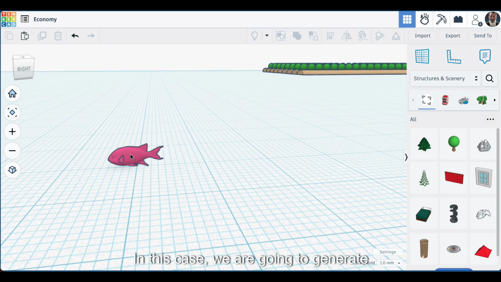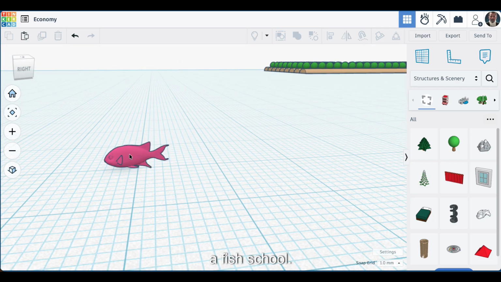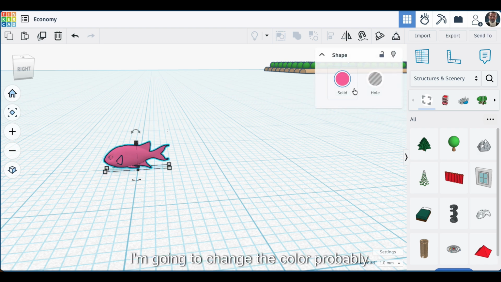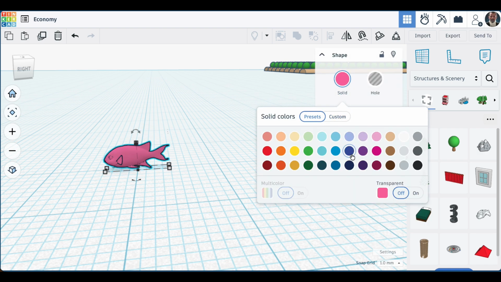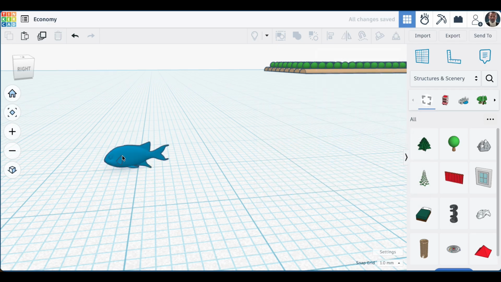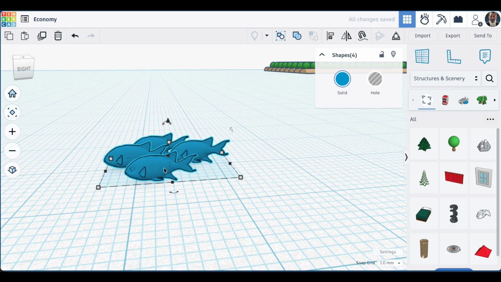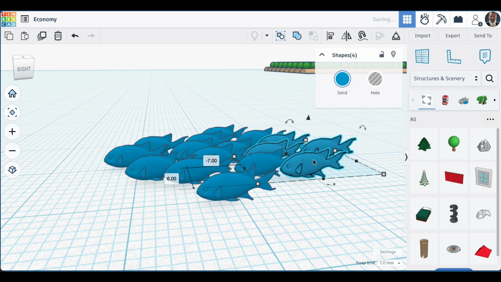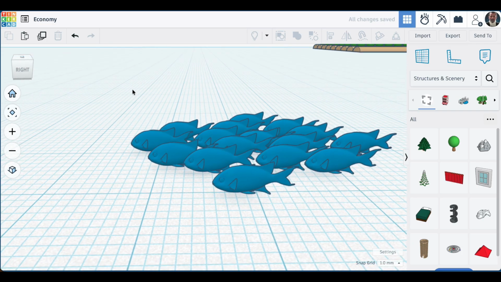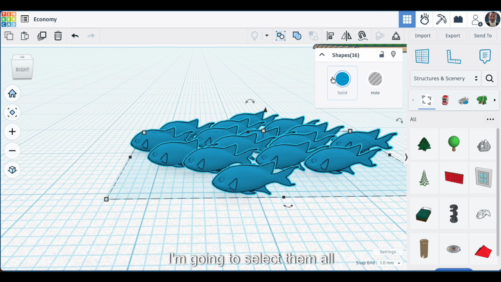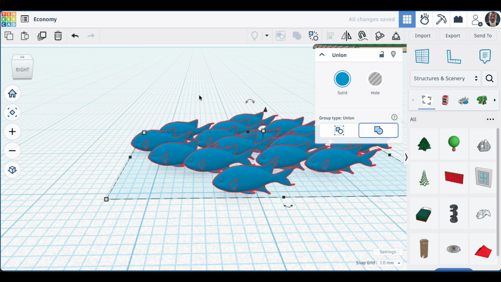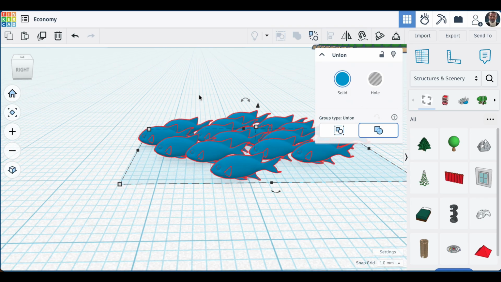In this case, we are going to generate a fish school. Easy. I'm going to change the color probably. Yes, and by pressing Alt, I'm going to make some copies. That's enough. I'm going to select them all and group. Don't worry,